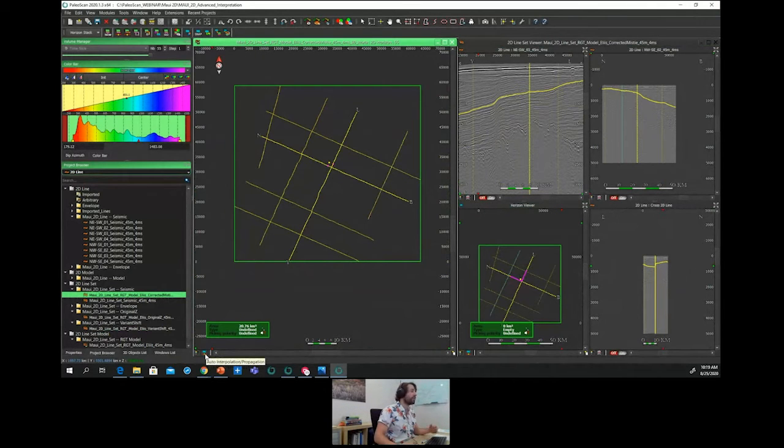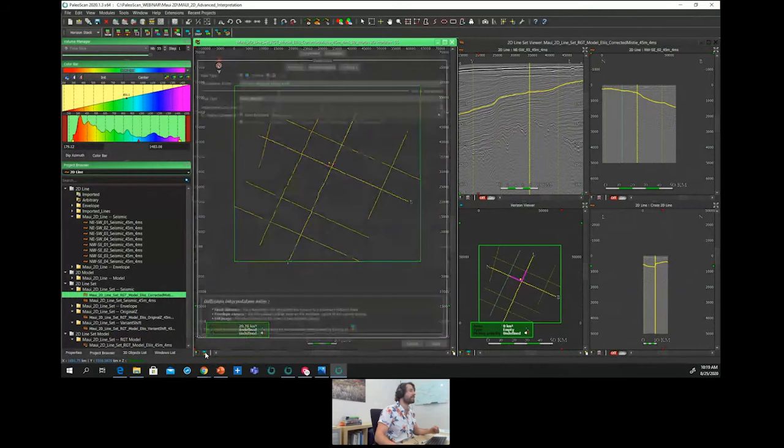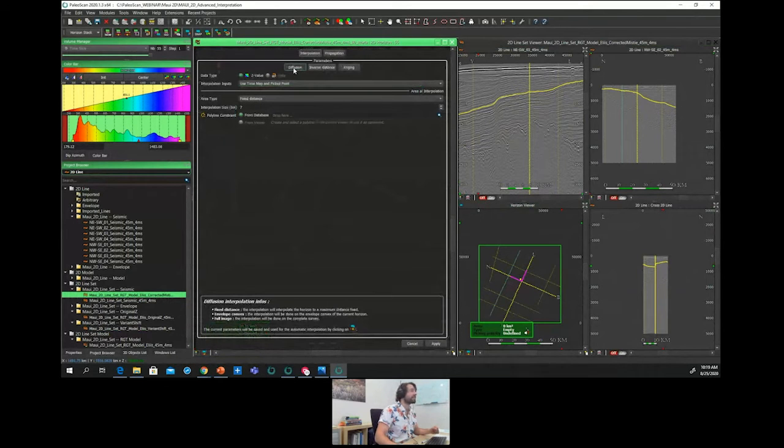So in order to preview the kind of interpolation we perform, we can use this button in the bottom left corner, automated interpolation. For instance, we have access to the diffusion, interdistance, and kriging. Considering the diffusion, that is, from my experience, more consistent with the proper distribution of the topography of the horizons, we can define a fixed distance or, for instance, a convex envelope.